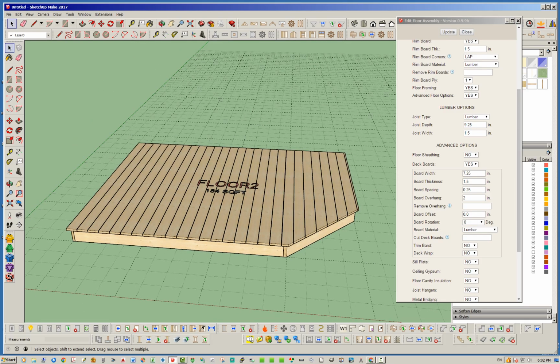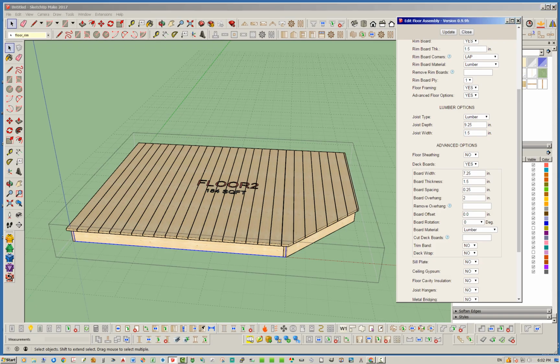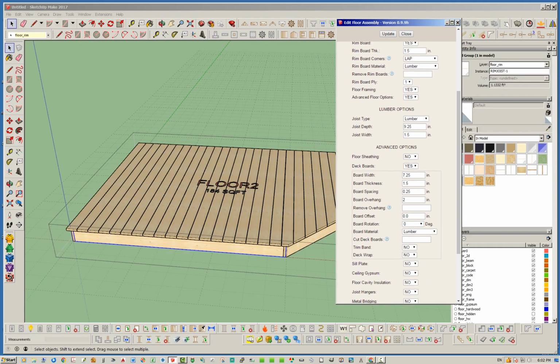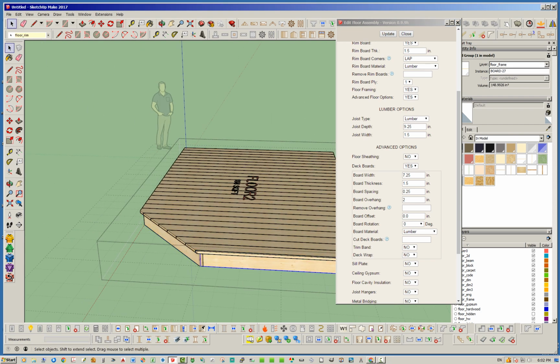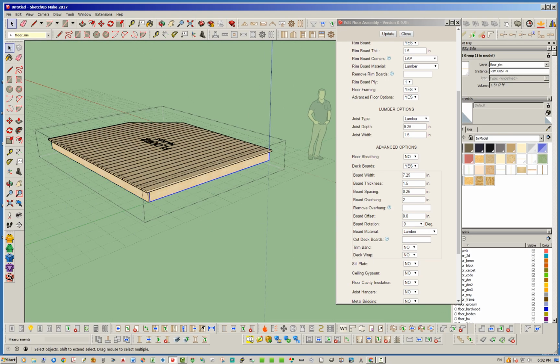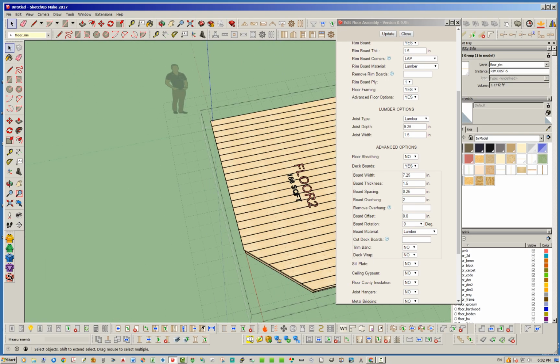And to determine where those sides are, it actually follows the rim board numbering. So you can just click into the model here real quick. And if you, let's go bring up our entity info, you'll notice that this is rim joist 1. This is rim joist 2. Just by clicking on them, you can get an idea, 3, 4, and 5. So basically what it does, it follows the